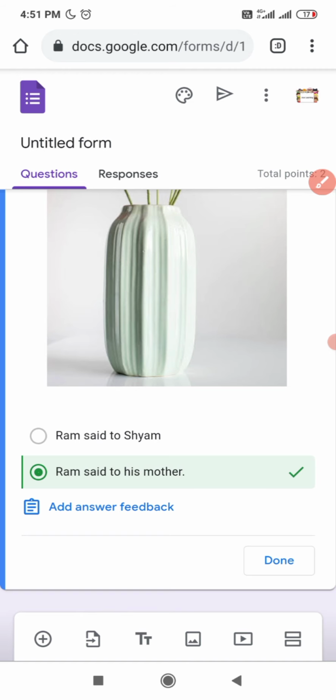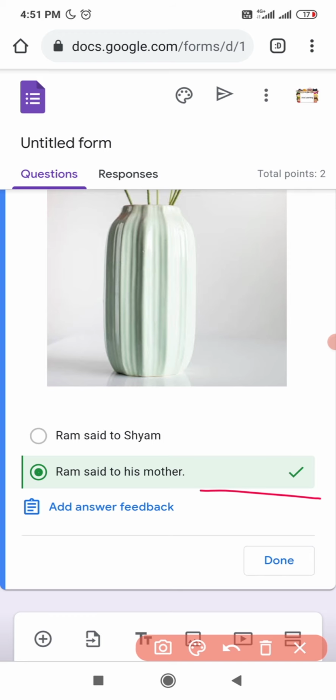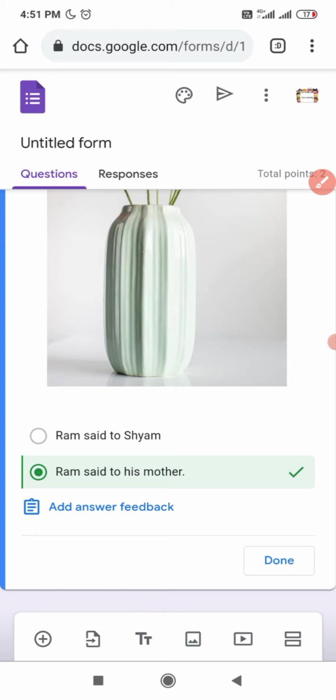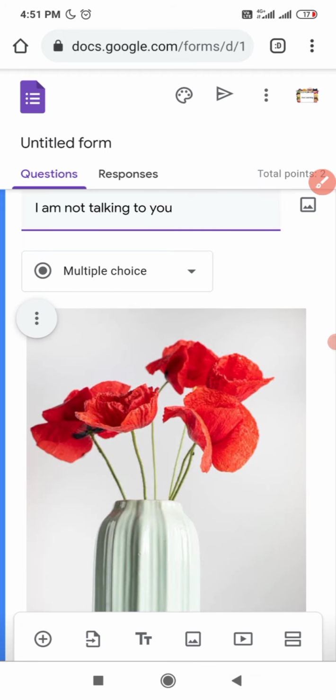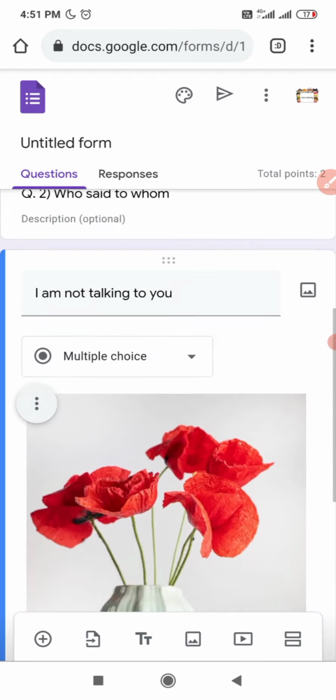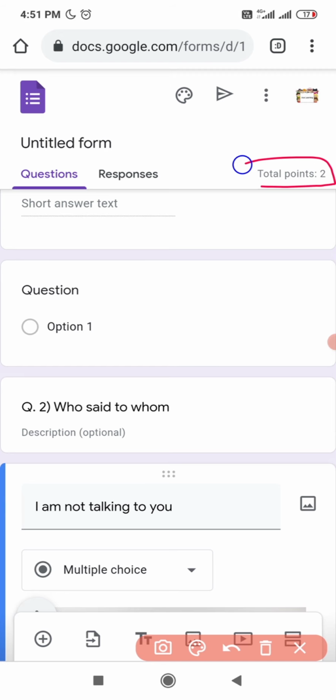Ram said to his mother. This is now in green mode. This is the correct answer from both options. Now we can tap on done. So this is how you have to prepare your paper. Now here you can see the points are there. However many marks you want to give, you can see the marks have been completed over there in total points.